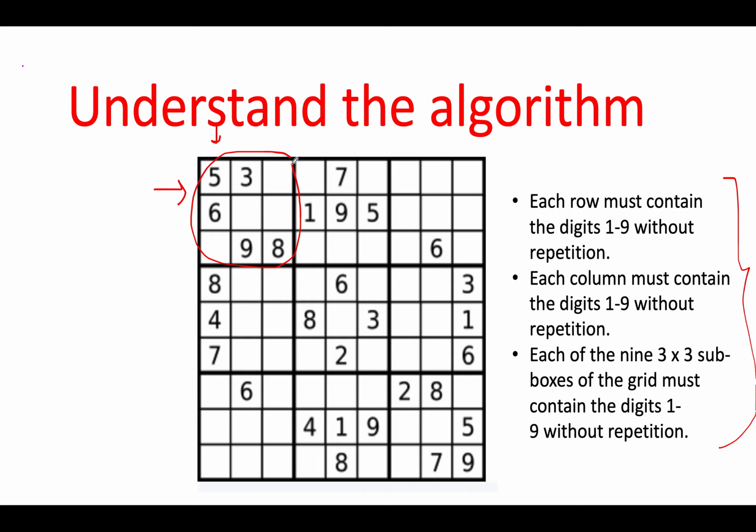The process is pretty simple and straightforward. You'll start from the number 1 and fill in this number in an empty block. As soon as you see an empty block, you will fill that block with number 1, starting from number 1, and you will continue the processing and try to fill the rest of the blocks. At each step, you will check whether these conditions are violated. If these conditions are violated, you will traverse back and update the added numbers back to empty blocks.